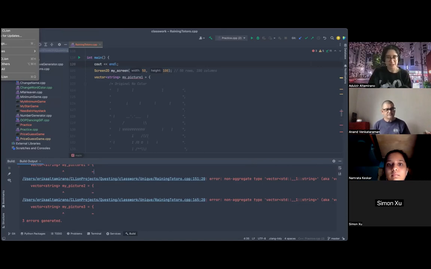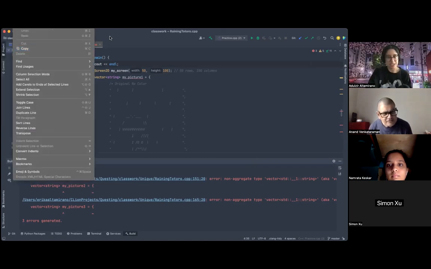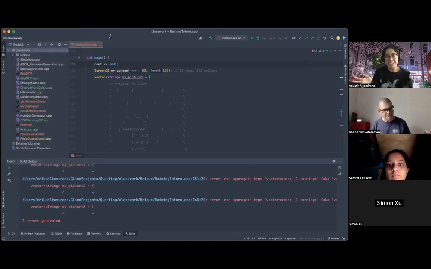Because there's something weird about this, right? Or it's old. Is this Windows? No, I'm on a Mac. So I didn't say anything earlier just because I had these errors popping up and I didn't want to throw another wrench into the class. I'm pretty sure that if this is a Mac,